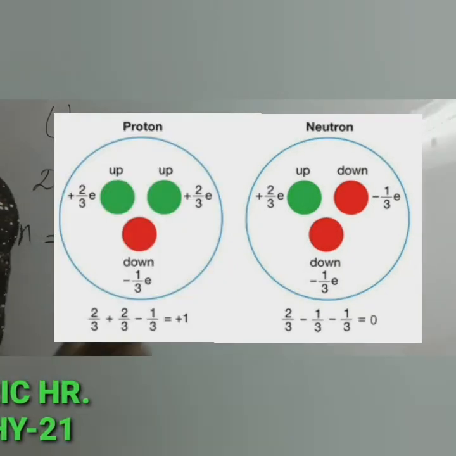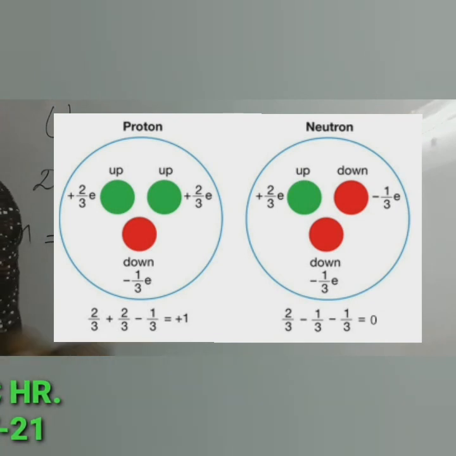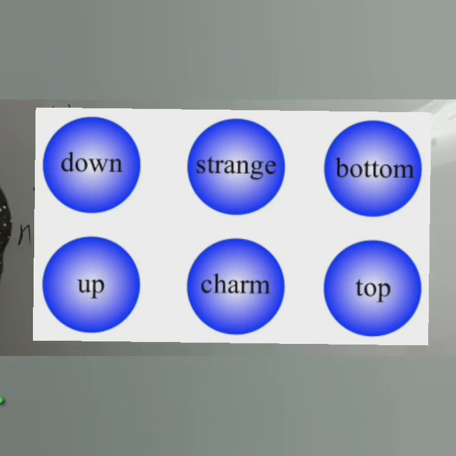The study of elementary particles is called particle physics, and it is an active area of research even now. To date, more than 20 Nobel Prizes have been awarded in the field of particle physics.